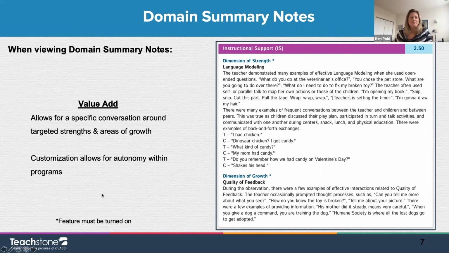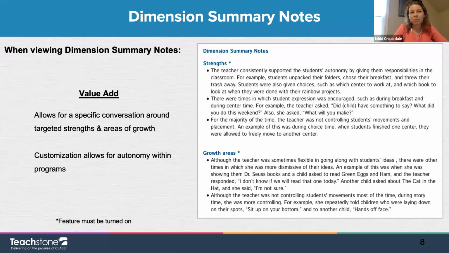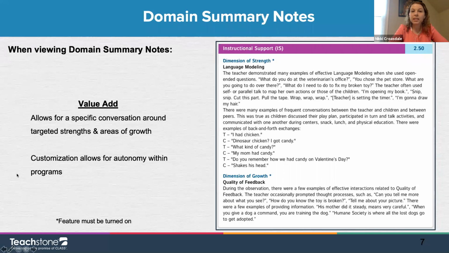Nikki? Yes, so Teachstone has worked to create more flexibility and more customization in terms of the summary notes and feedback that are captured for an observation. So this again is a feature that the administrator of the account needs to turn on. And they have several choices. So the first choice that they might choose is domain summary notes.